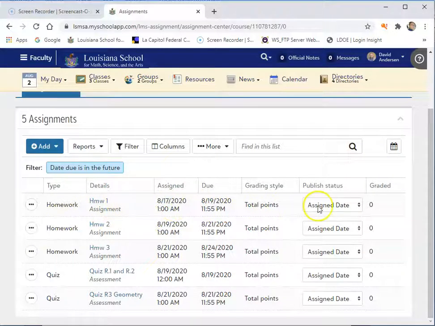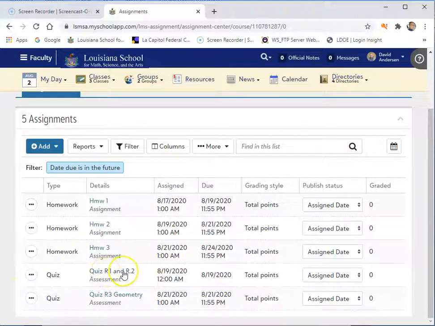It'll show up here because you're going to have a score for that in your grade book. Assignment 1 assigned on Monday, due Wednesday. Assignment 2 assigned on Wednesday, due Friday. Assignment 3 assigned on Friday, due Monday.